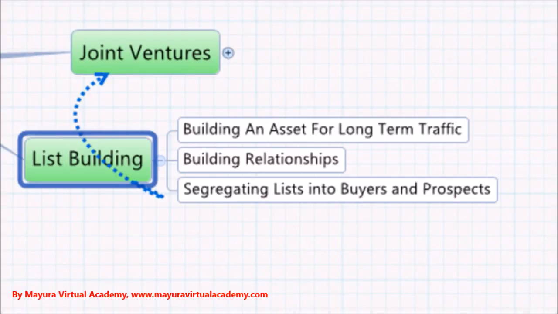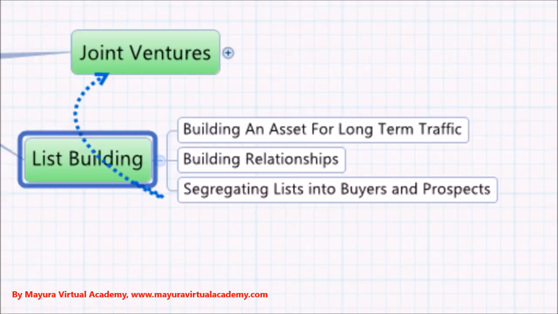It can be a number of different things, but by creating that relationship you are building an asset for the future. It's also a good idea when you're list building to make sure that you segregate your buyers into buyers and prospects. So people who have bought from you should be on a different list to the ones who are just prospects, so that you can send specific information to the prospects to try and get them to become buyers, and for those who already are buyers, you can treat them a bit differently. Obviously the ones you will treat a little bit more respectfully, if you like, are the buyers. Obviously you're going to be respectful to your list no matter who they are.